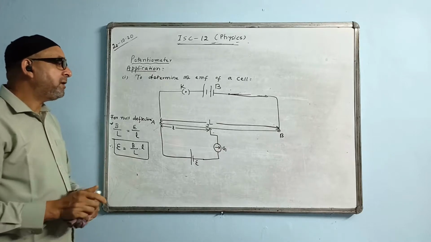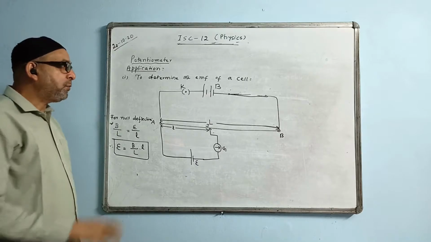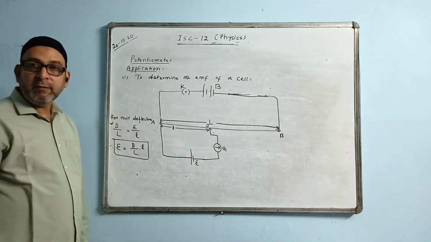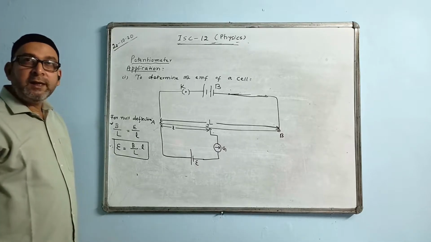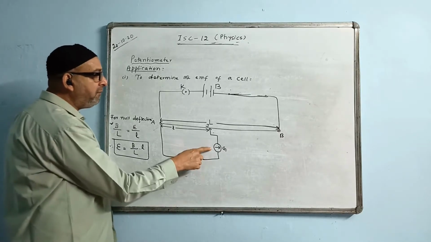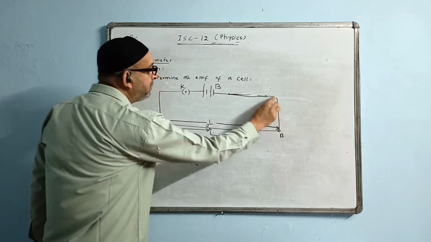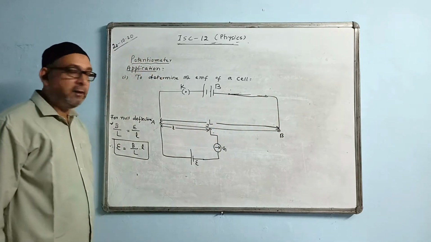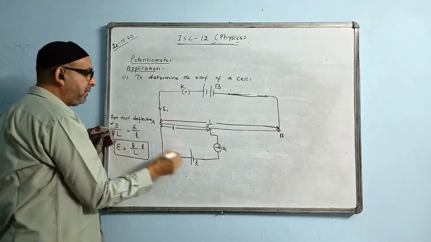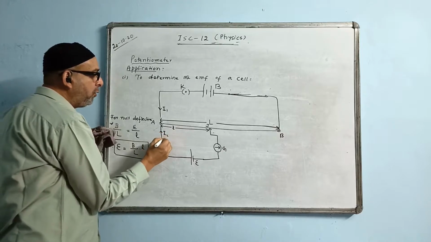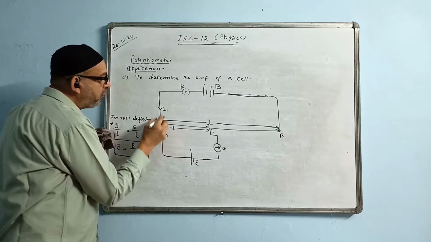Okay, one thing to understand about it. Why is this happening? Because the potential gradient is constant. Why is it constant? Because this gives null deflection. What is the significance of null deflection? If it gives null deflection, that means the current in the wire is constant, is steady. Current is flowing, that means the current is not varying. The actual idea is that the current of this source I take as I1, and the current of this source I take as I2. But when this gives 0, that means the I2 value is supposed to be actually in this region.